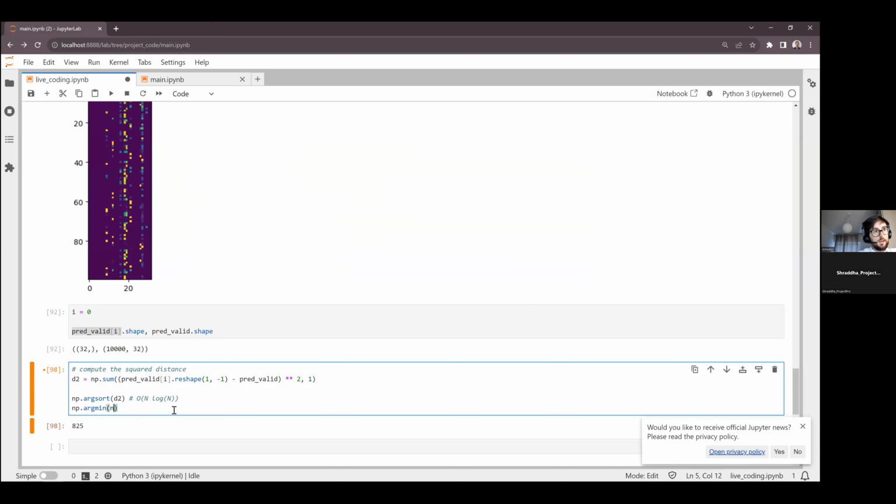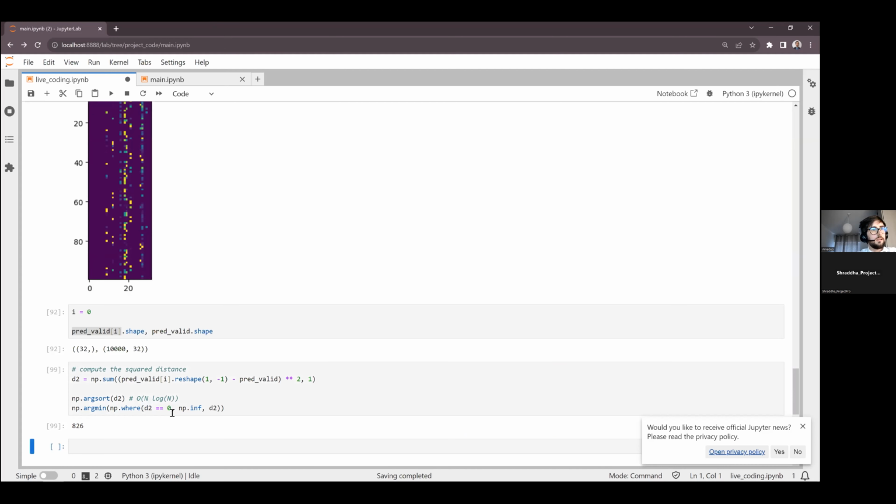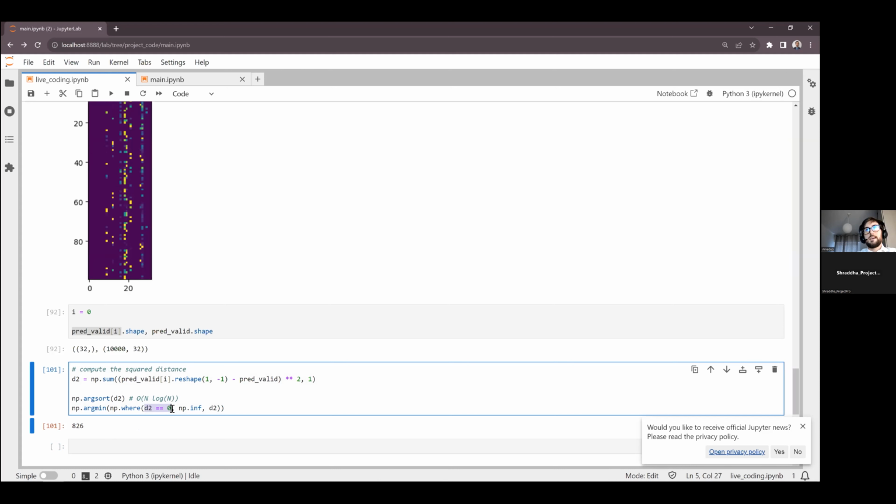masking. We can also do something like that: np.where D2 equals 0, we put infinity, and otherwise we put D2. You should get 26. Before, if we take that one, 26, and again we have the same. In that way, we are simply saying that when the distance is exactly 0, we want to put infinity instead, so that the element itself is ignored, and any other duplicate is ignored. Because if we have images that are exactly the same, we could also find them in this way.